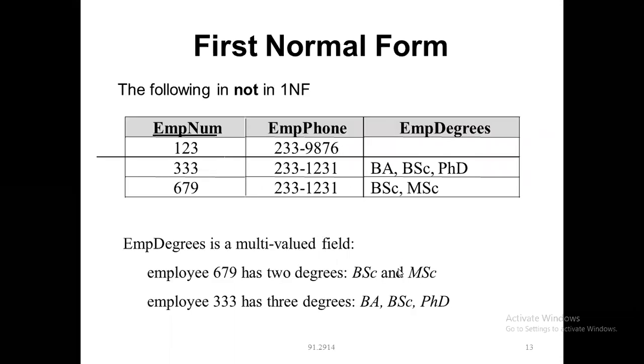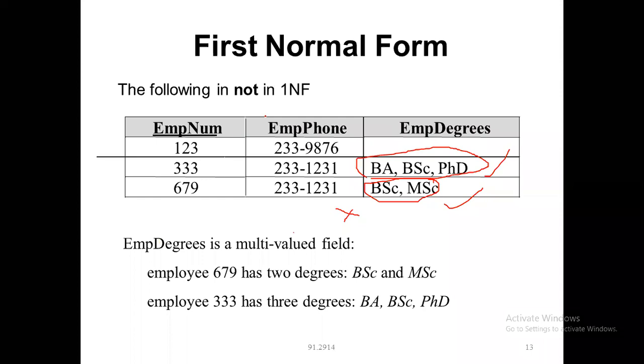Say this is an example. There is a phone number, and a degree. One person can hold many degrees, but the data cannot be stored in this fashion. For viewing purposes, that means if I want to see it on the screen, this is okay, well and good. But for storing purposes, this is wrong. So I should not store like this.